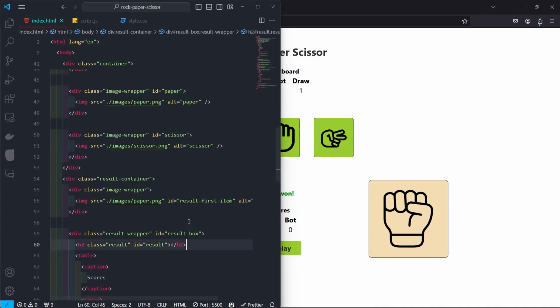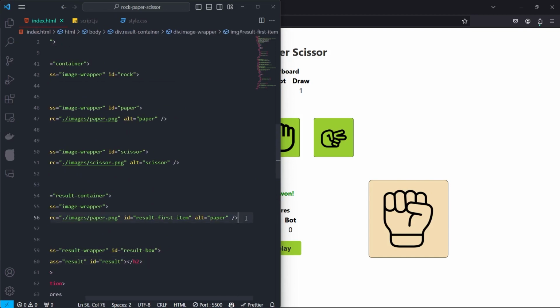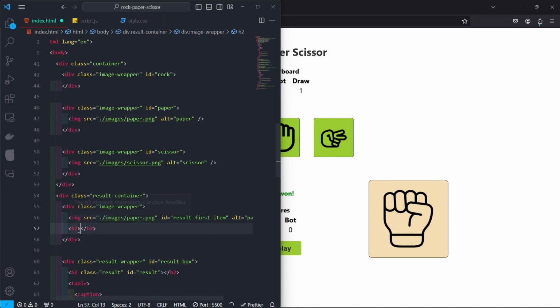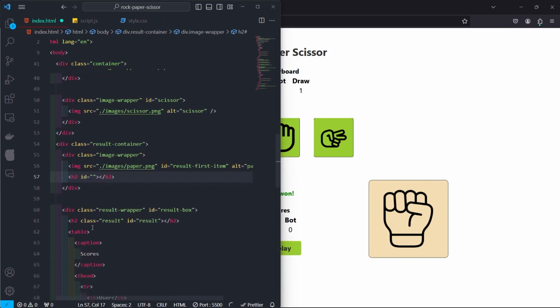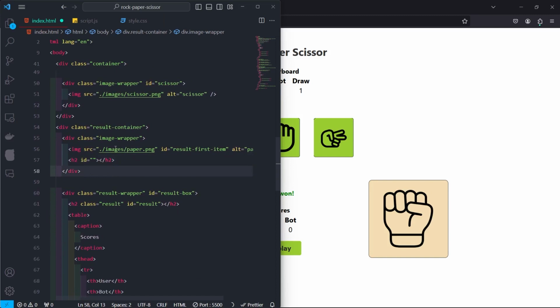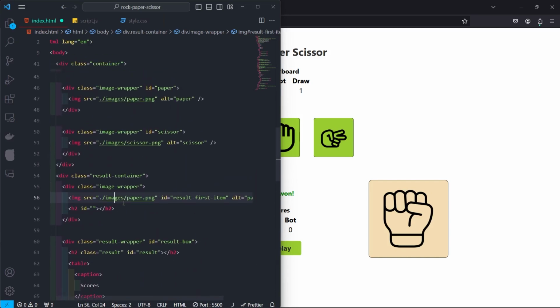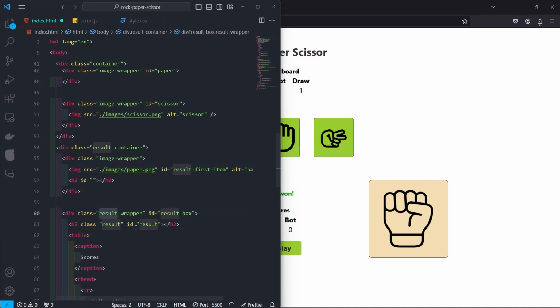Image wrapper, so there is image wrapper, right? Its alternate is paper, but yeah, I don't really care about the alternate text here, but I really do care about the text in here. All right, so id is equal to, id will be, so this shouldn't be the same. Okay, where is the result box? So this is the result box, right? We are not copying the id, we're just copying the class here, so that we'll have similar classes in here. Id